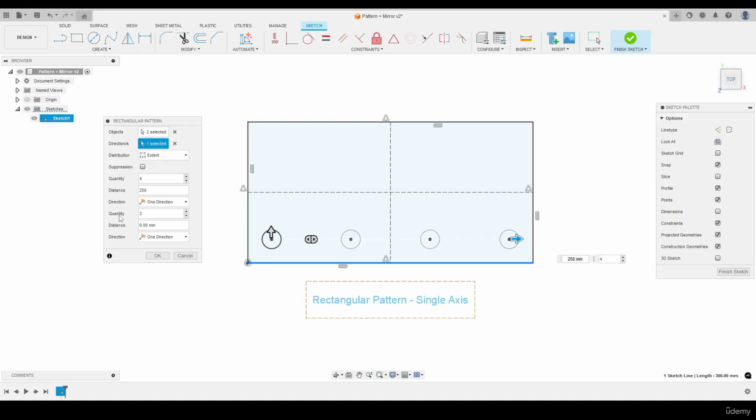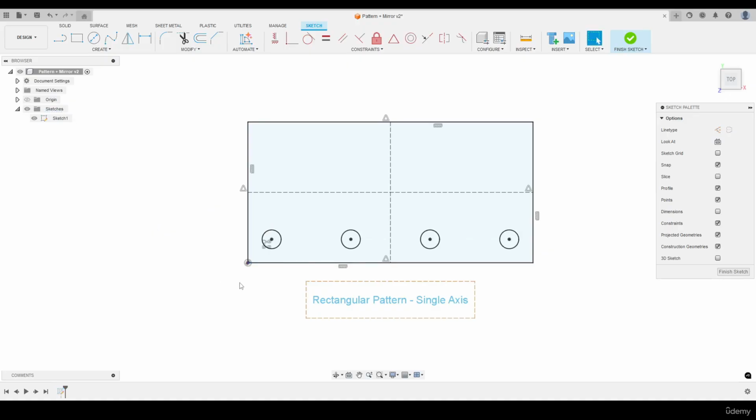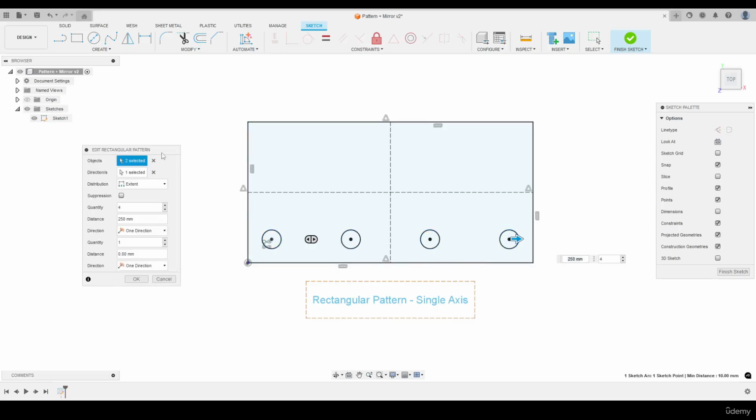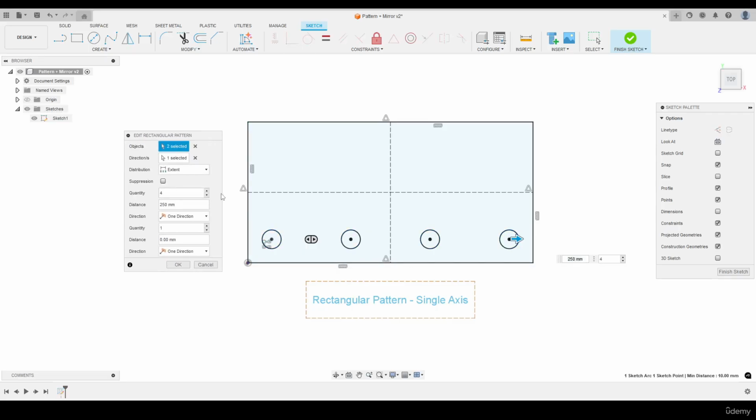And then you'll see we've got another quantity, distance, and direction. So these 3 here only relate to a second axis. Okay, so we've only selected one direction. So essentially, we don't need those 3 for this particular example. I'm quite happy with my 4 circles at 250 mil extent. And then if I press OK, we can then see those circles now form. And we can edit these anytime by double left clicking on this symbol here, which is the rectangular pattern symbol. So if I double left click, you can see our toolbox pops up again,